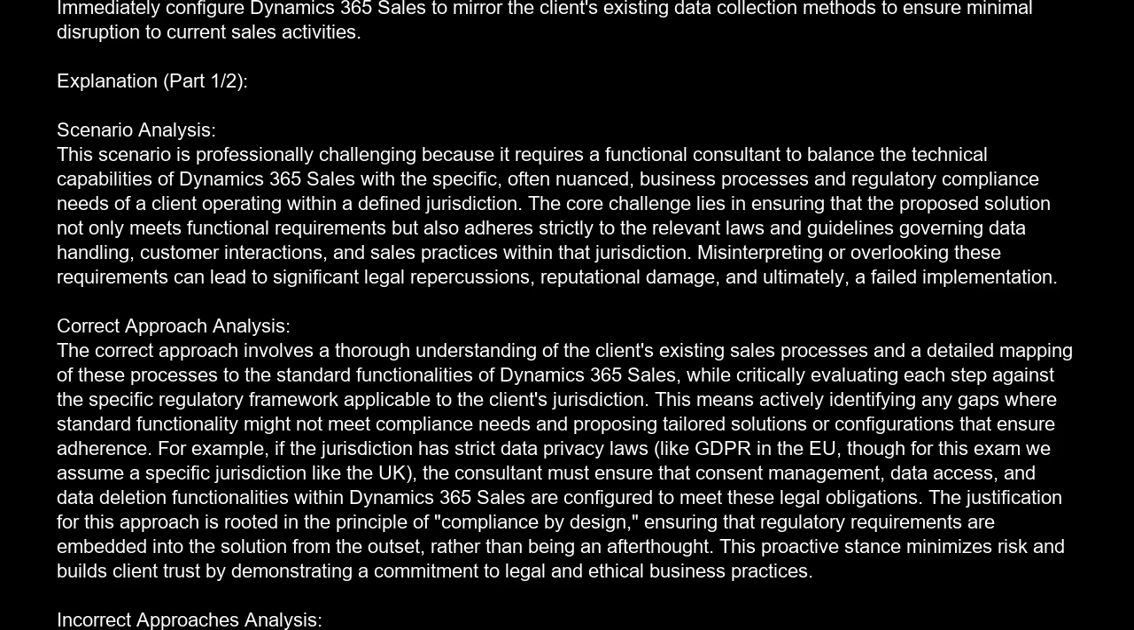Correct approach analysis. The correct approach involves a thorough understanding of the client's existing sales processes and a detailed mapping of these processes to the standard functionalities of Dynamics 365 Sales, while critically evaluating each step against the specific regulatory framework applicable to the client's jurisdiction. This means actively identifying any gaps where standard functionality might not meet compliance needs and proposing tailored solutions or configurations